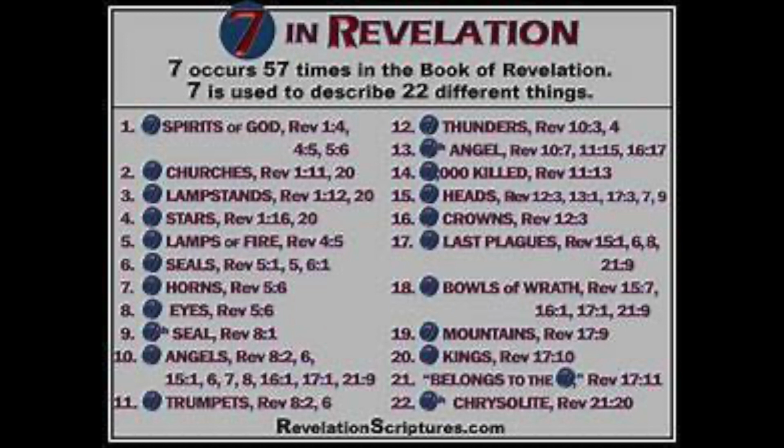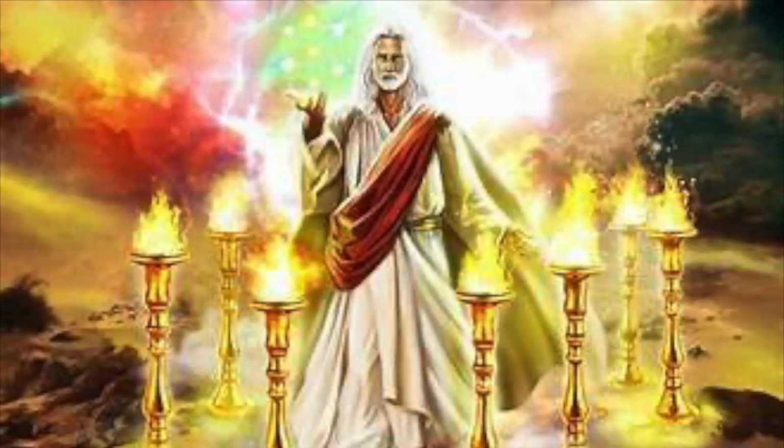A sequence of 7 in Hebrew literature is meant to draw attention to the change that is taking place. So it's saying, why is 2 different than 1? Why is 5 different than 3? It's plotting a trajectory, and it wants you to understand why something is taking that particular course. Now, the 7s in Revelation tend to be of a specific type.